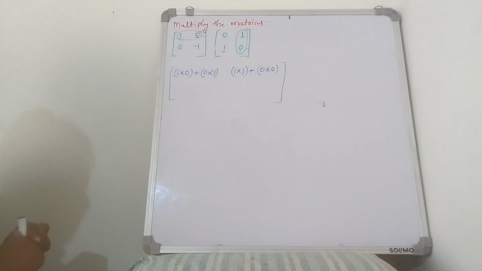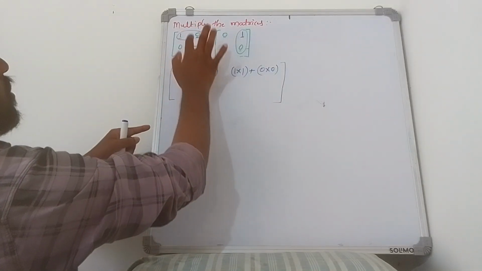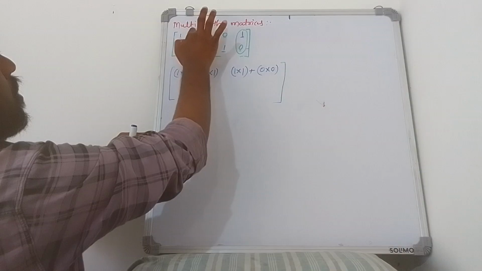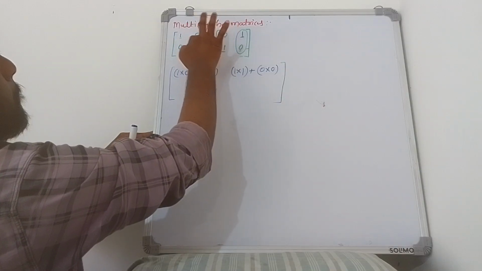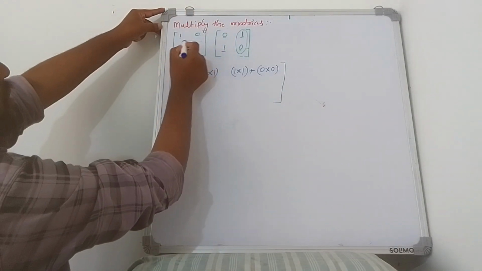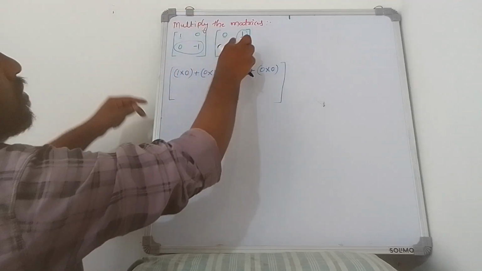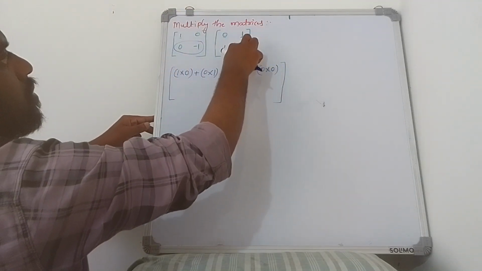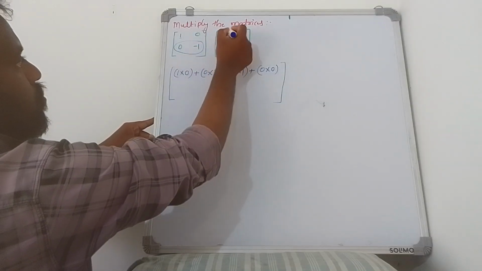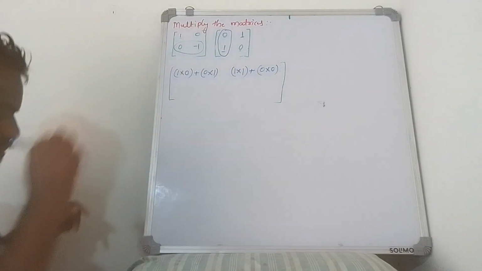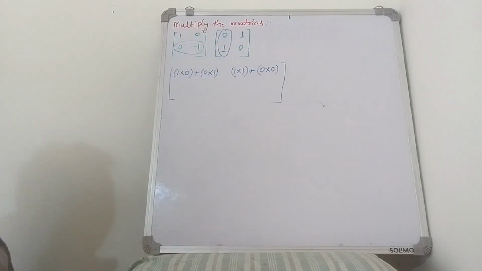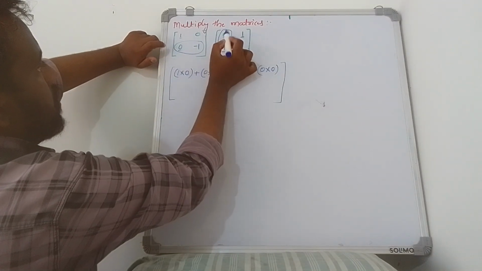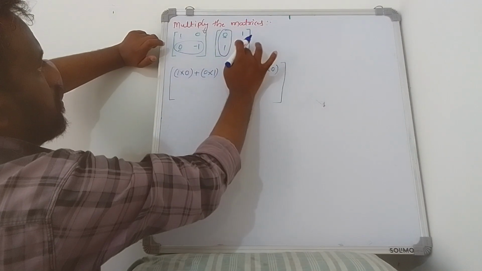Next, now this in first matrix, first row is finished. Okay, now consider the second row, first column you consider. Okay, so this is the first element, here this is the first element. Okay,